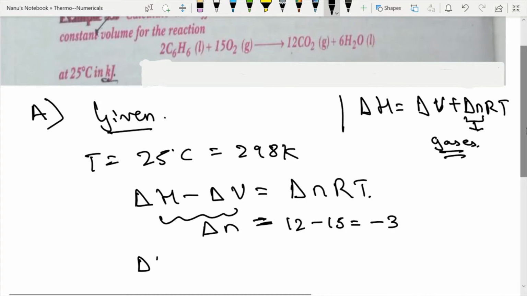And del H minus del U equals del N RT. Minus 3 comes here. What is R over here? So let us use the value of R, like 8.314. This value let us use. And